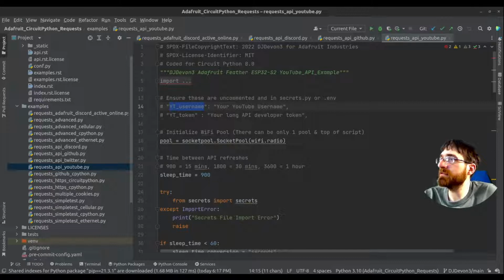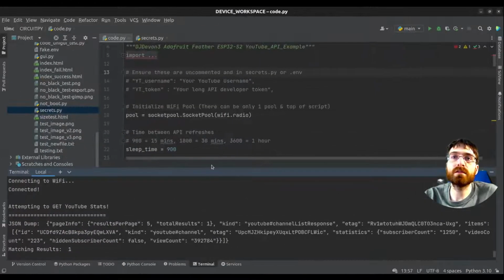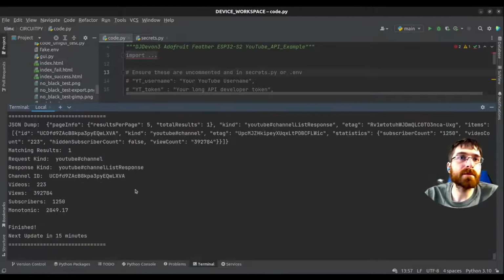Does this have anything that we don't want to show? What is etag? That's probably just like the channel name or something. Okay. I don't see any. I don't see anything that's problematic. I got a response this time. I got one result, matching results 1. I put in the username that the account that I normally stream on, the account that I'm streaming under right now, in fact, on